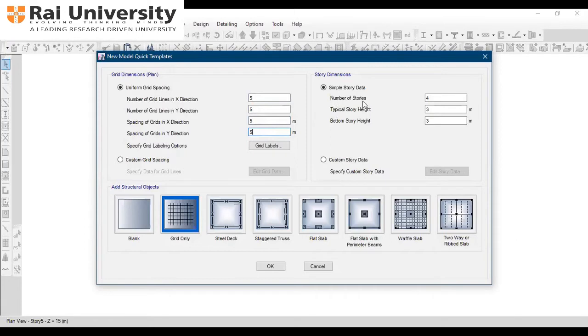Next, number of stories: we have a G+4 story building, so we take 5. Typical story height we take as 3 meter, and bottom story height again 3 meter. Now click on OK.